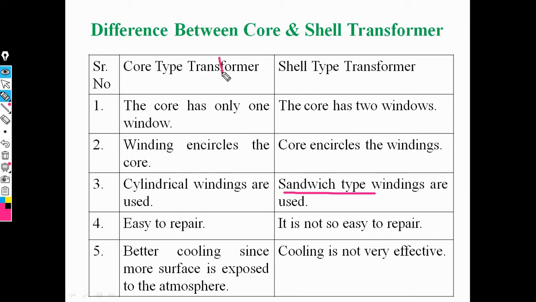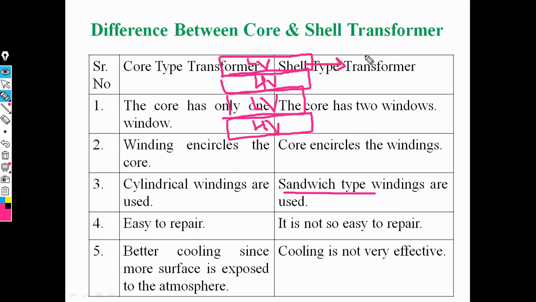We use a low voltage winding, then an HV winding, then again an LV winding, then an HV winding. The low voltage winding means the primary winding, and the HV winding means the secondary winding, then again primary winding,